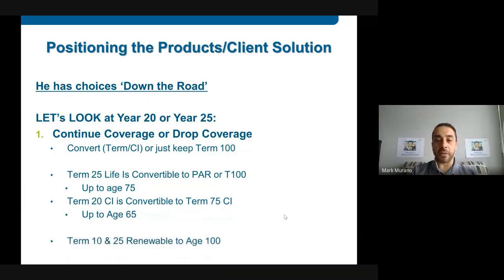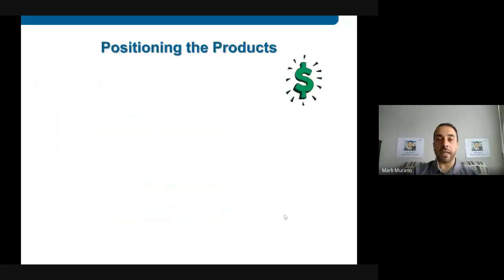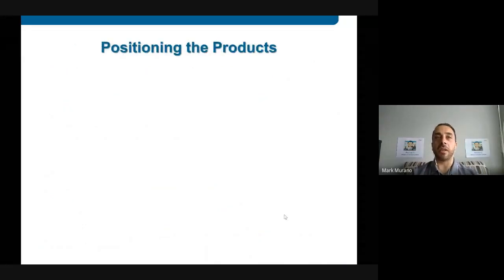And again, T10 and T25 are also renewable to age 100 as mentioned. So from a pure coverage standpoint, down the road, he's covered himself and made sure his family's protected. He's done the selfless act and protected his family. Now,